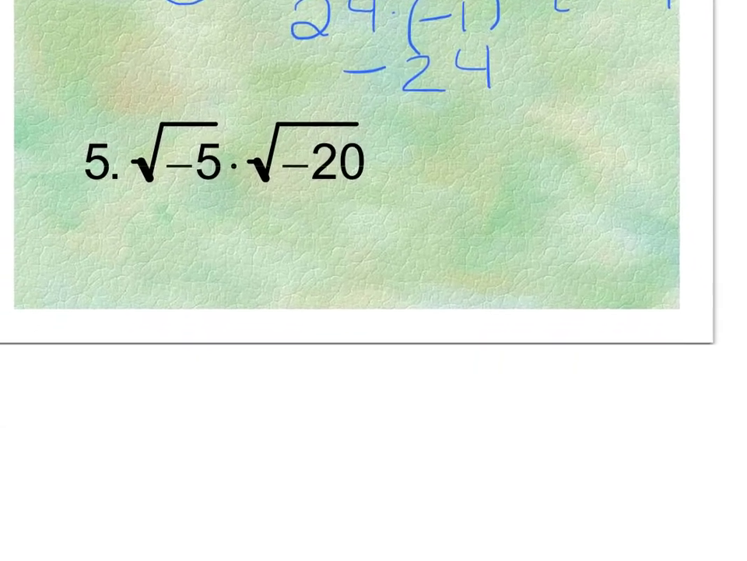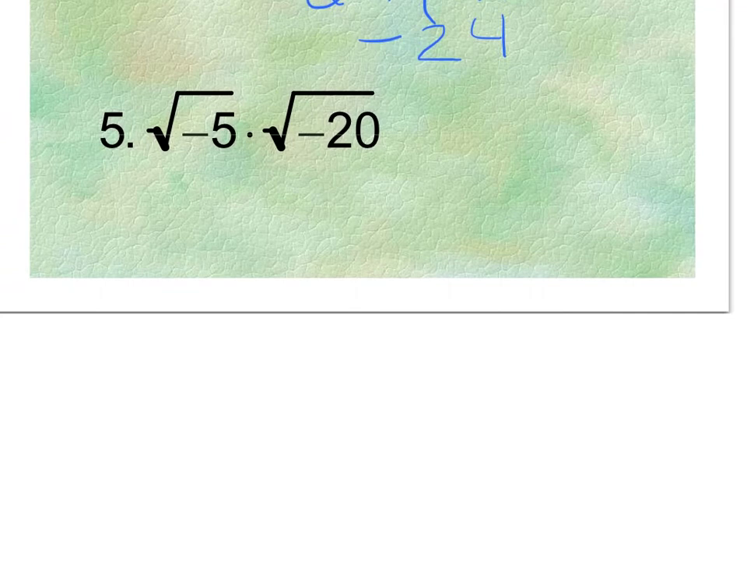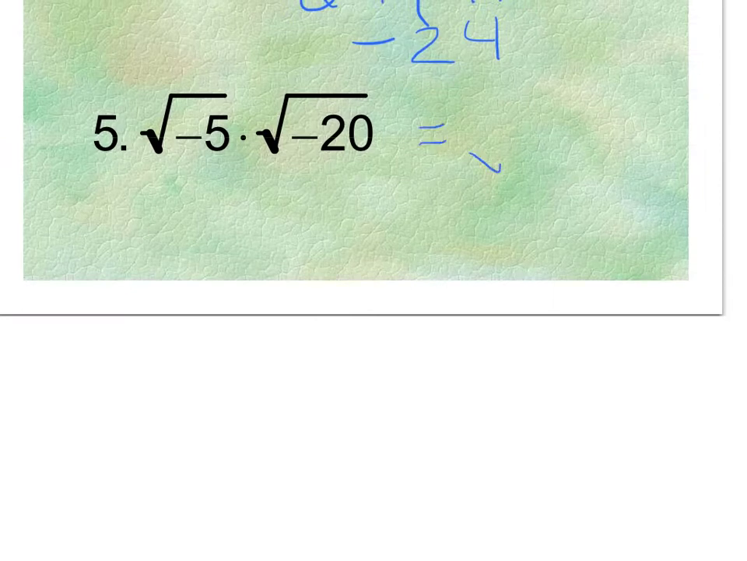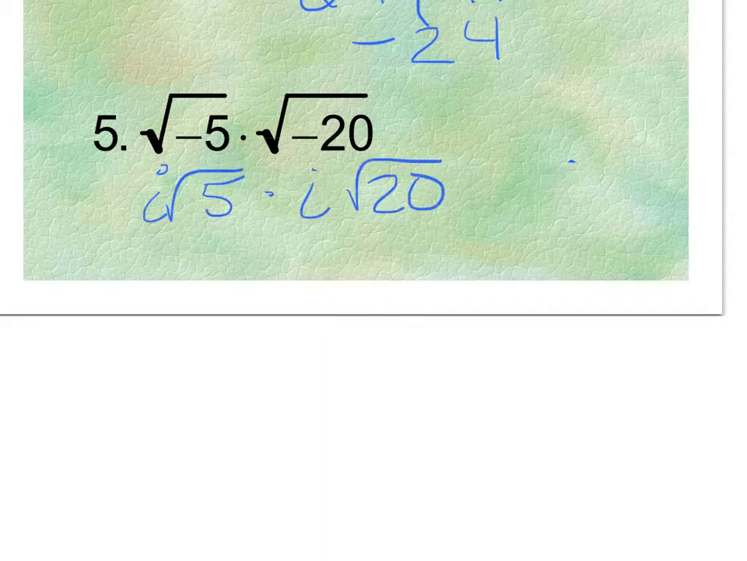Going to example 5, I'll give yourself a little bit more room. You have the square root of negative 5 times the square root of negative 20. At first you might think that you could go through and type that in as the square root of 100. But unfortunately, we have to take care of the negative square roots first, so that will not work. So what we have to do is call this i radical 5 times i radical 20,